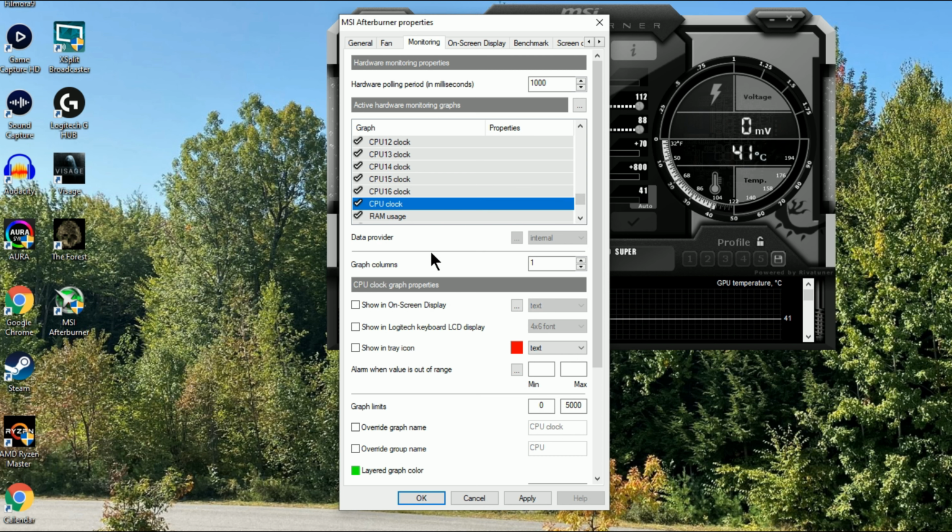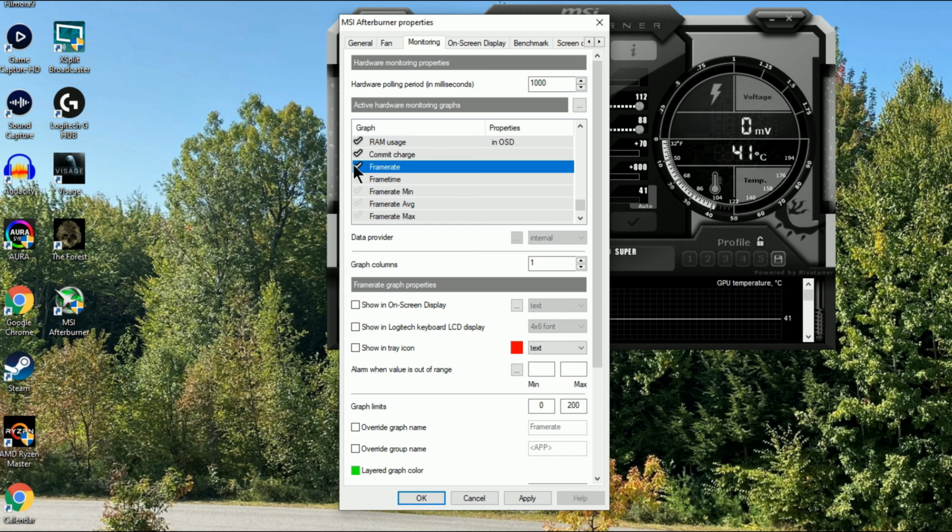Now, the funny part about this is when you get all the way to the bottom, the one thing that you really want, which is frame rates, isn't checked. So make sure that when you highlight that it does have a check mark next to it. And for me, when I do these,